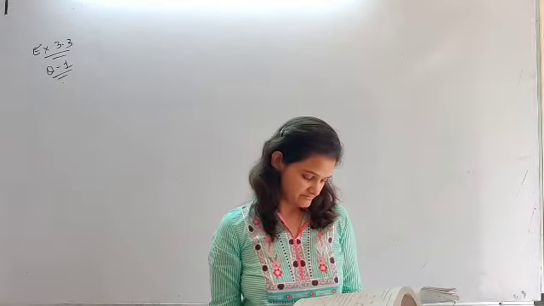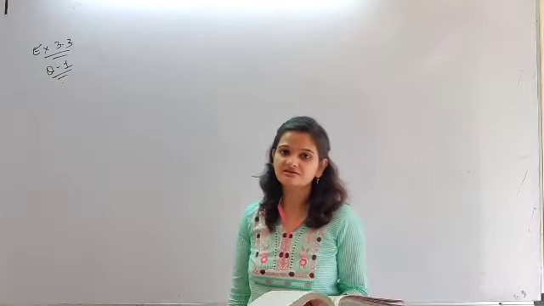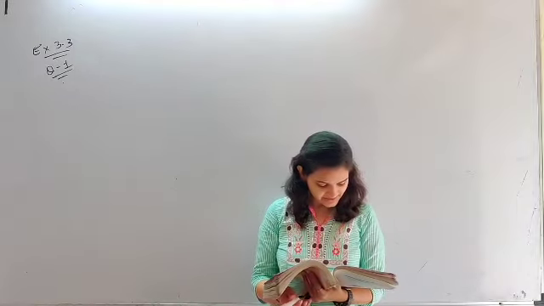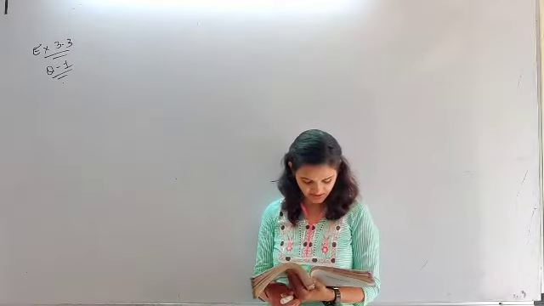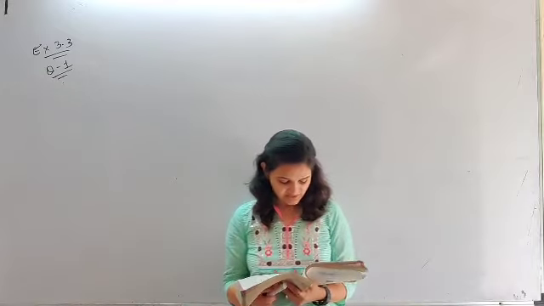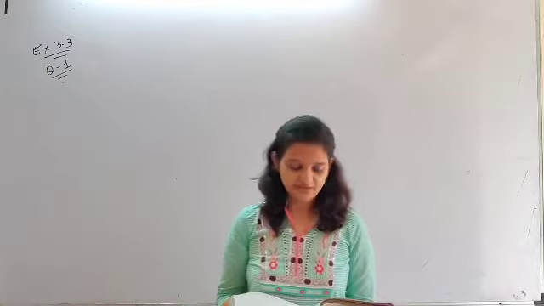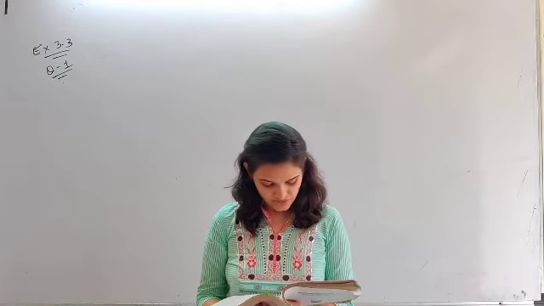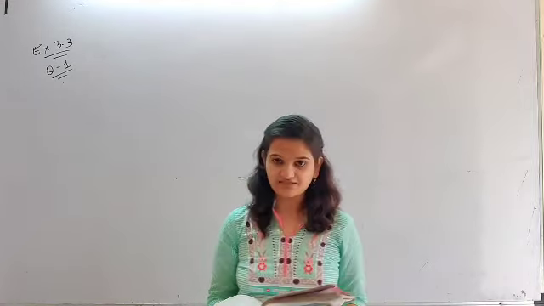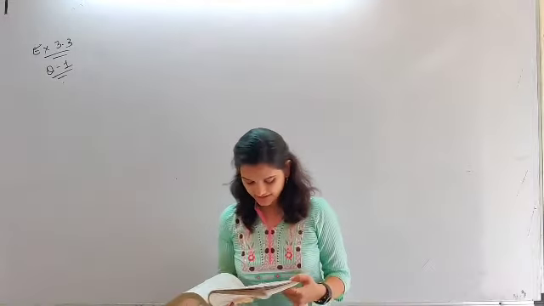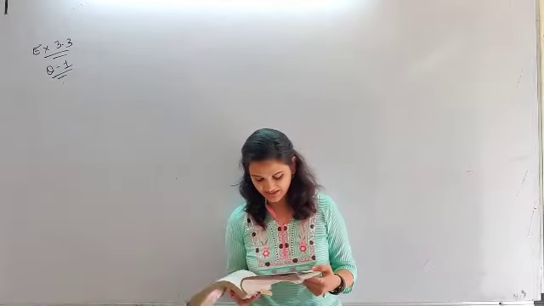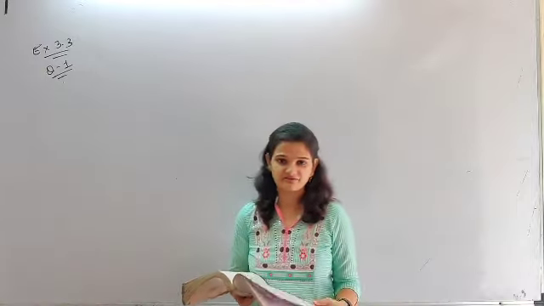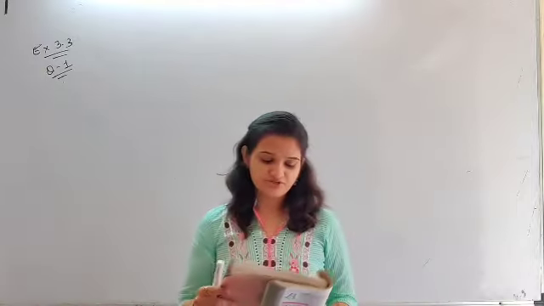First, AD. So AD is equal to BC. Opposite sides of a parallelogram are equal. Then second is angle DCB. So angle DCB is equal to angle BAD. That is, opposite angles of a parallelogram are equal. OC is equal to OA. Diagonals bisect each other. Angle DAB plus angle CDA is equal to 180. Adjacent angles are supplementary.